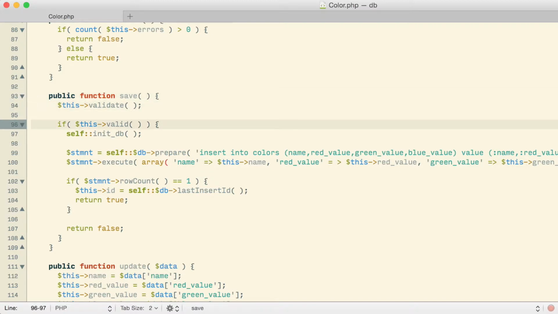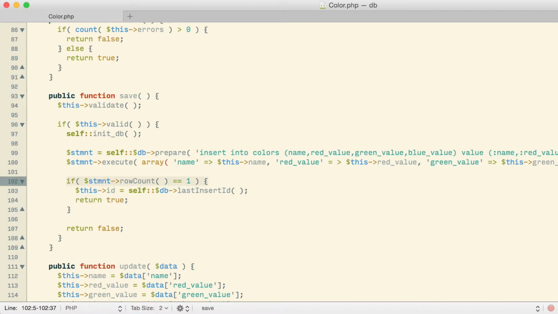If the object is valid, we then open a connection to our database. Once we're sure it's open, we put together an insert statement. We then take the values from this object that we're asking to have saved, and we execute that statement using those values. We then check to make sure that the data was actually saved. If it was, we get the ID for the new color, and then we return true.